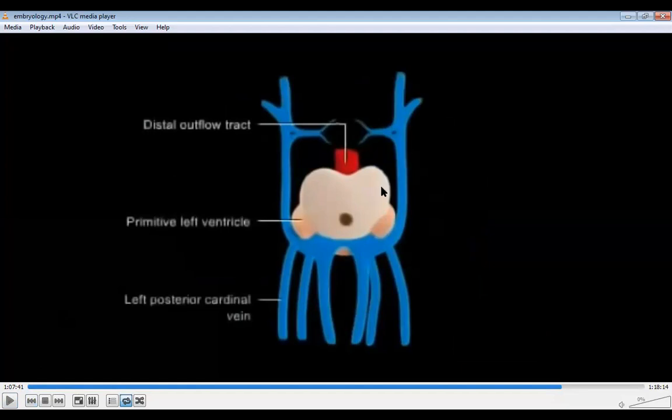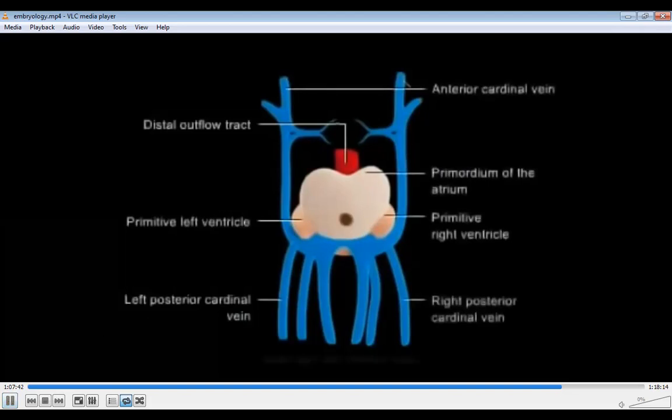Okay, in all the remaining figures we will see from the front, so the right will be on this side and the left on this side. Over here we are seeing it from the back. So this one is the left horn, this one is the right horn, this one is the left common cardinal vein. This is the left anterior cardinal, this is the left posterior cardinal vein. These will be the umbilical and these are the pair of vitelline veins. The left and the right vitelline, the left and the right umbilical, and these are the left and the right common cardinal, with anterior and posterior cardinal veins.